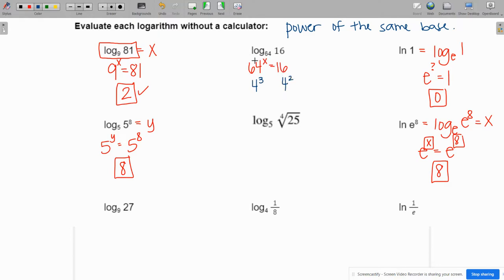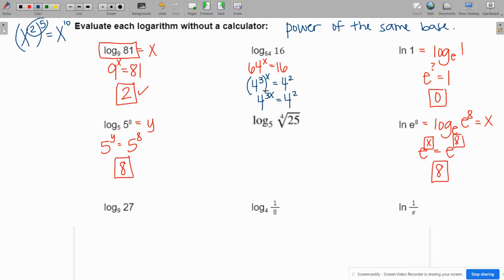Well, don't forget, 64 is being raised to the x power. So it's 4 cubed raised to the x power equals 4 squared. Well, remember, if you raise a power to a power, x squared to the 5th power, you multiply your exponents and you would get x to the 10th. So 4 cubed to the x power would be 4 to the 3x power, and that's going to equal 4